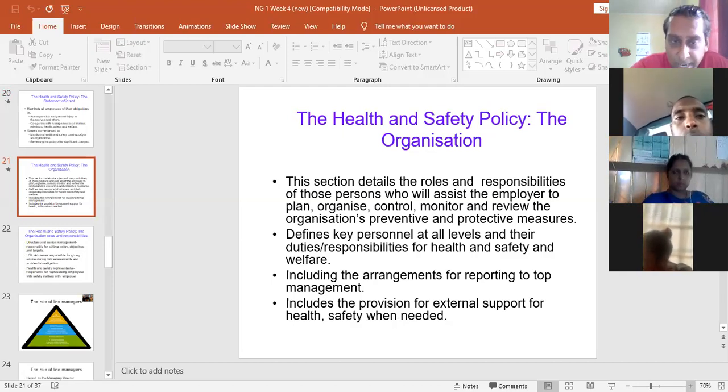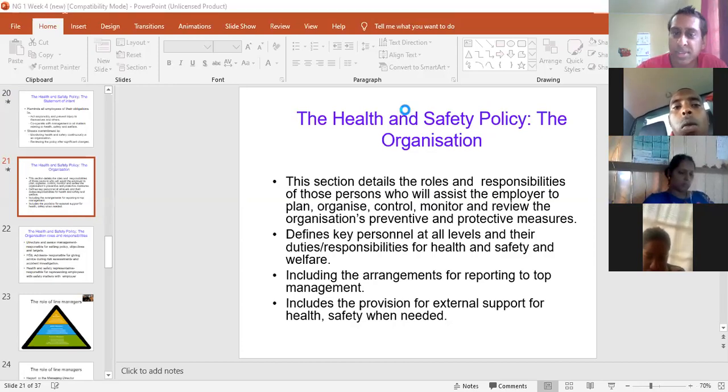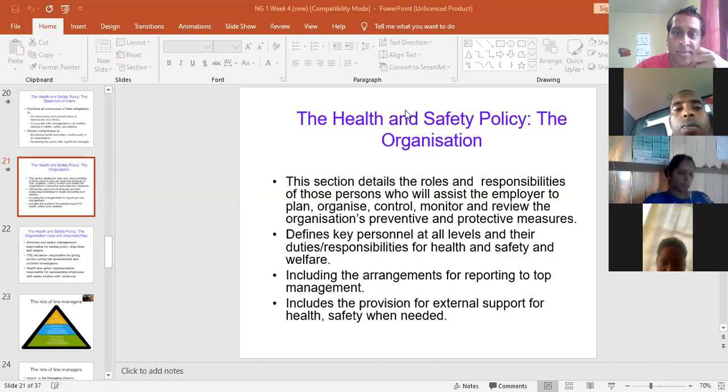So if an aim and objective from last week's class was to reduce accidents to zero, the organization section would have in it the people who will be responsible for reducing accidents to zero, right? I'll give you another one. If one of the aims from last week was to have an emergency drill, what the organization section would have in it is the person. When you say organization, it's really the person, the person who would conduct the emergency drill.